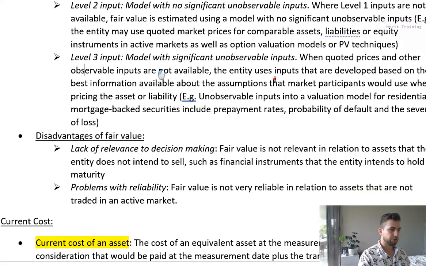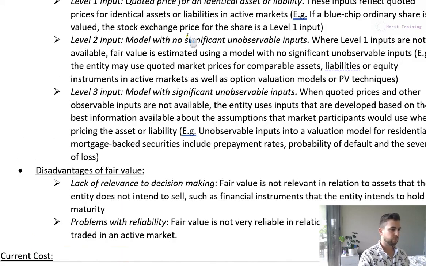And then the bottom one is level 3, which is basically unobservable inputs. And that's where the best information is usually assumptions about the market. So for example, you've got a car. The car has a different manufacture year. It might have a different condition. Some parts might be worse, it might have rust, might be a different color, might have certain add-ons. So there's no exactly comparable car. So all you can do is basically make assumptions about what market participants might pay for it,